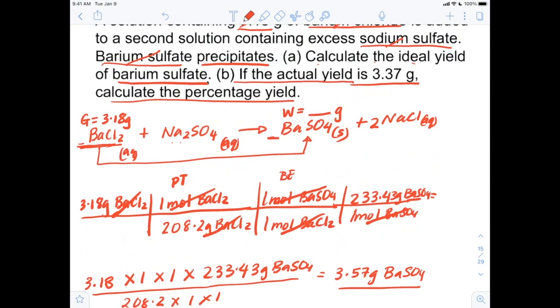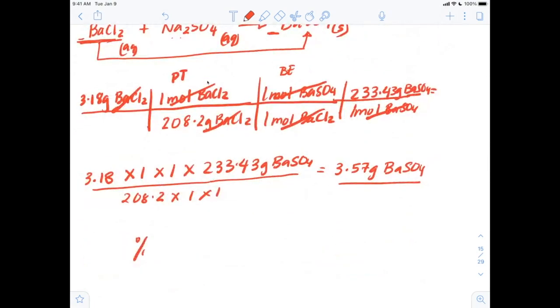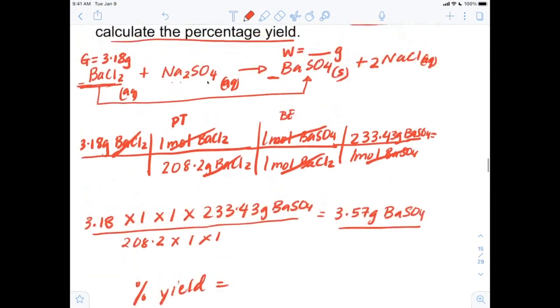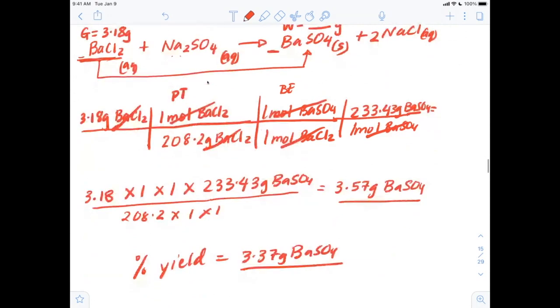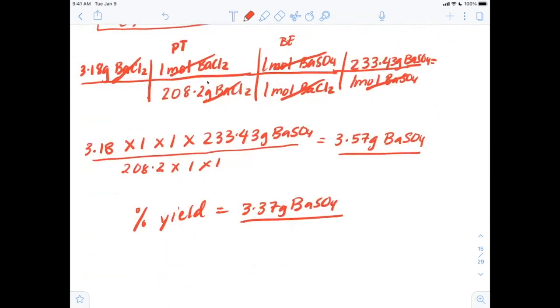So we didn't hit the target, but we didn't do bad. The percent yield is the amount we actually got, 3.37 grams of barium sulfate,